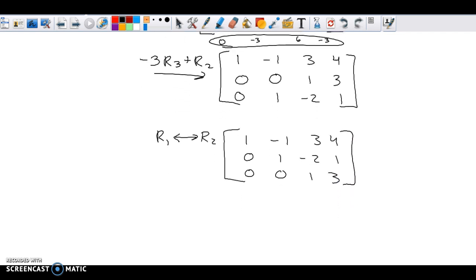Now I'm basically done, okay? Because let's fill back in our variables. I now have that z equals 3. Well, if you take that and plug it in here, x minus y plus 3z equals 4,